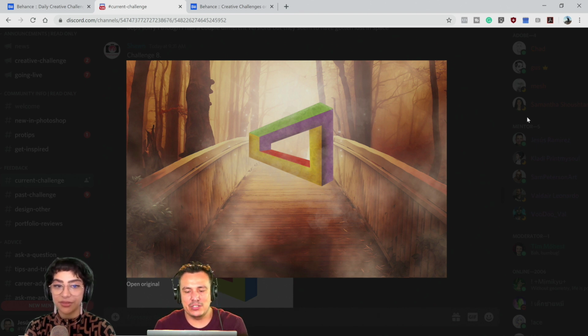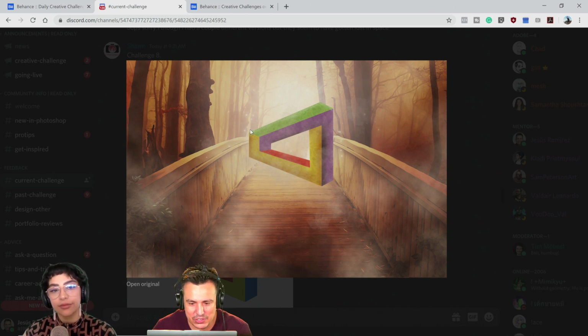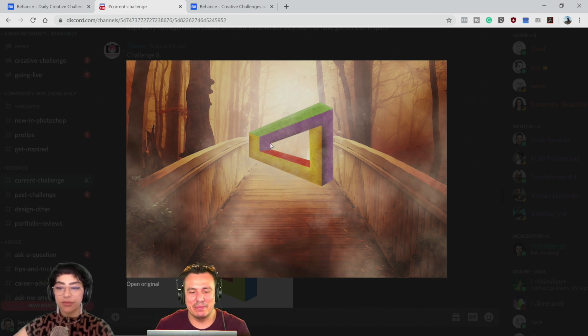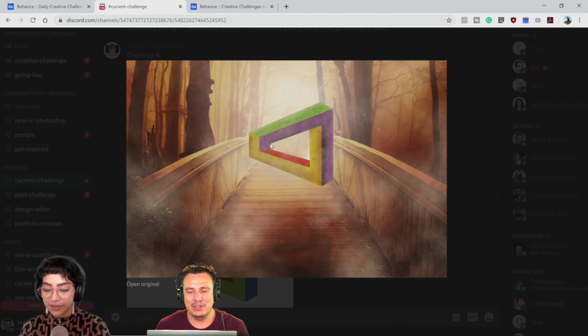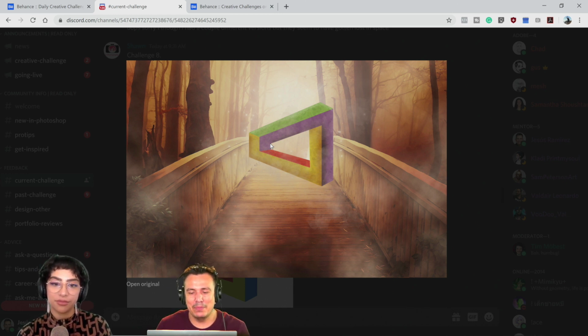A couple suggestions would be to maybe colorize the fog or mist. In my opinion, it just looks a little too bright and it doesn't match the rest of the scene. So I probably would have added a little bit of color to it, maybe a red or an orange. Also, for everybody watching, you guys know this, I'm a big fan of adding just a little bit of grain to images to make them look a little less digital. But that's just my opinion on that grain thing. You don't have to add it.